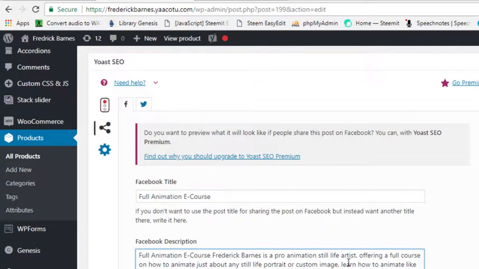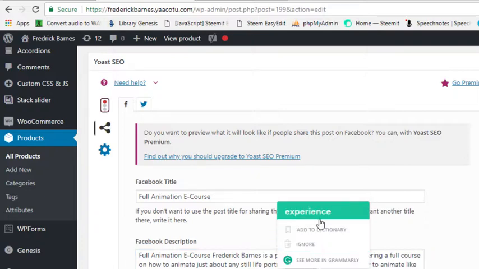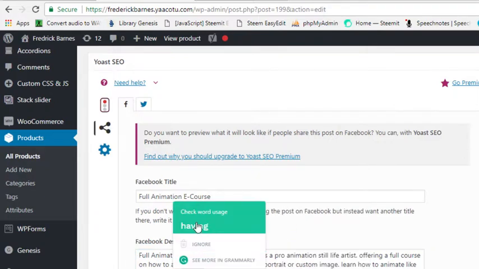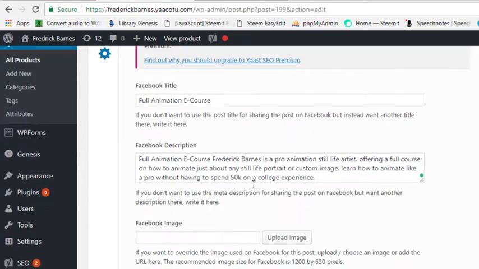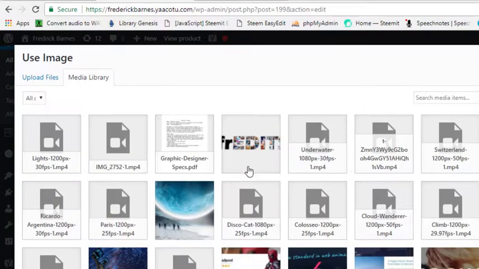So I just put in there, learn how to animate like a pro without having to spend 50 grand on a college experience. See, this is a Facebook description. By identifying this information here, and I'm going to upload that image,